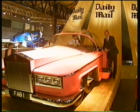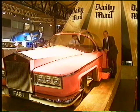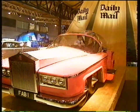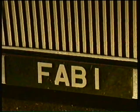And this is something out of Thunderbirds, and I'm about to meet the owner, and it's not Lady Penelope. Peter, how did you come by this car? Gerry Anderson in 1968, he was the creator of Thunderbirds. He had this car built as a scaled-up version of the puppet car, so it ended up 22 foot long